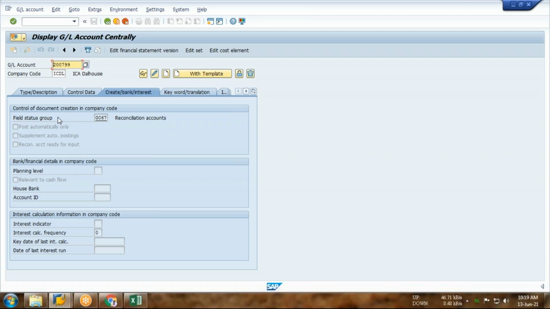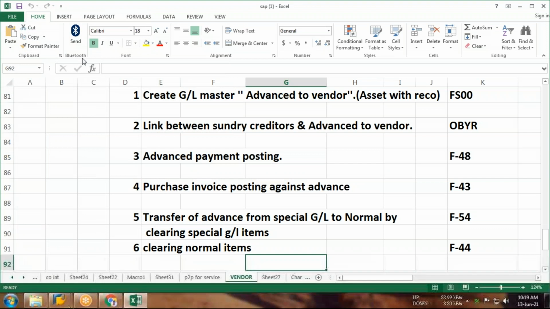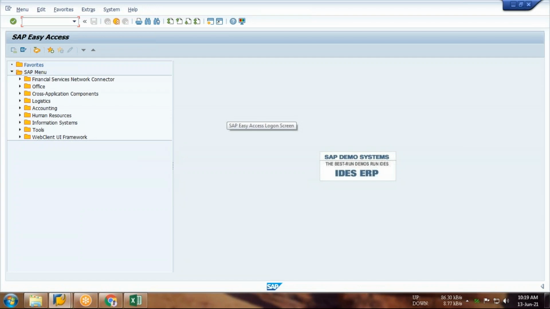Okay. So guys, after that, you have to create a vendor. I have not done over here, I mean, not recorded that part, but आप लोग जब प्रैक्टिस करोगे, when you guys will be able to start the practice, so after configuration of the advanced to vendor GL, you have to create a fresh vendor. First you have to configure the GL called advanced to vendor. After configuration of such GL, right now you are supposed to create a fresh vendor because the changes which we are going to focus, we need to focus on the fresh vendor.